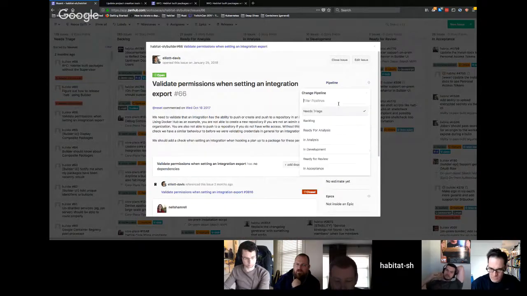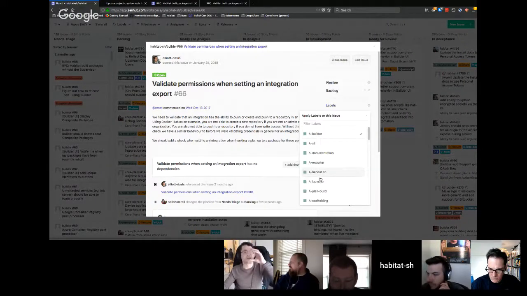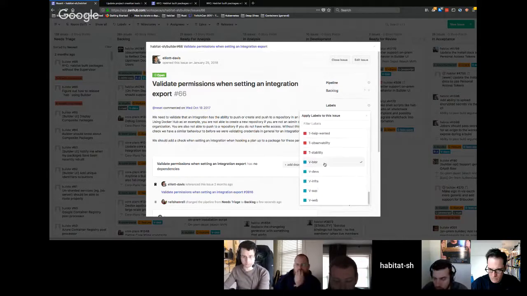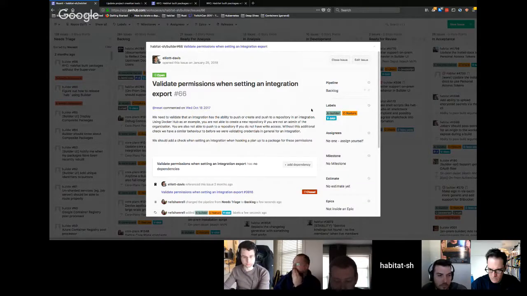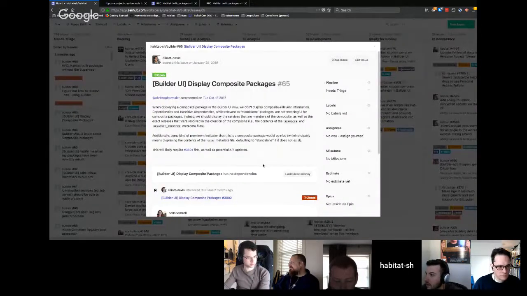We just check their permissions are correct. We don't check that they have the right permissions to do an action. I believe that's correct. Okay. Right. Cool. All right, Builder UI, display composite packages.